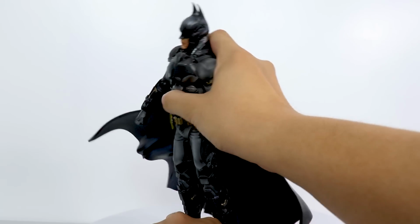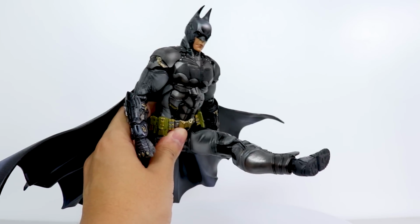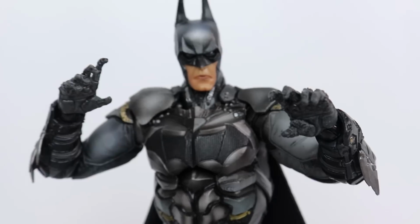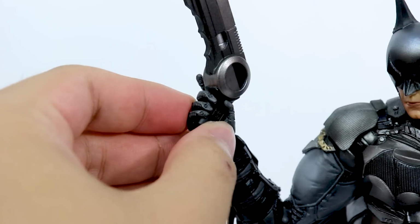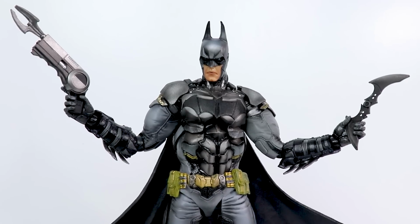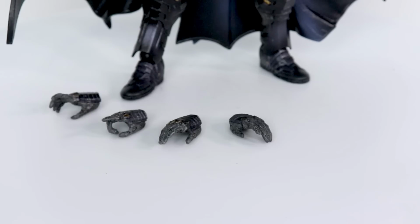Everything here is nice and tight, and that's mostly because of these ratchet joints. Even his wrists are on soft ratchets. Of course, you could remove this pair of fists and replace them with a pair of relaxed hands, actiony spread hands, and grabby hands. That'll allow him to hold this grappling gun with a detachable grapple, and this well-detailed drybrushed-to-perfection batarang. And that's it. No alternate faces, no additional batarangs, not even a little calm effect for his wrist when he's contacting Barbara. It's only these accessories and...